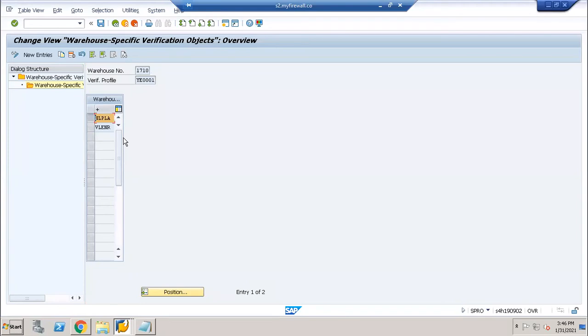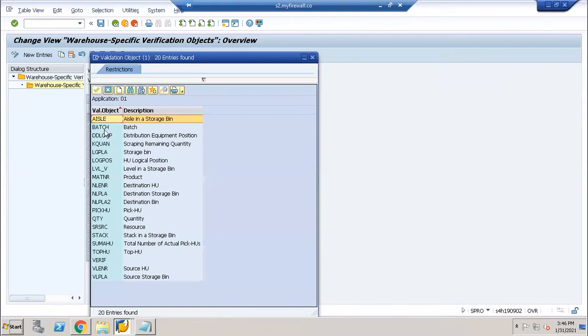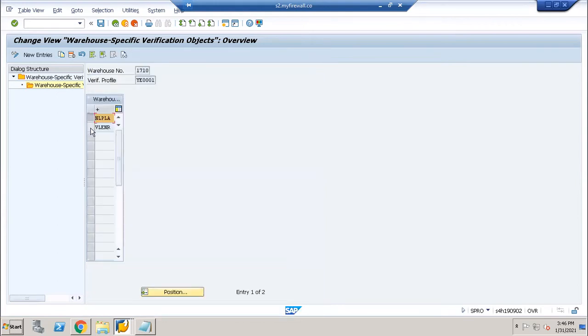Okay, so let us enlarge it or F4. What is NLP? Destination storage bin. Okay, it is the technical name of destination storage bin, right? What is VLENR, right?